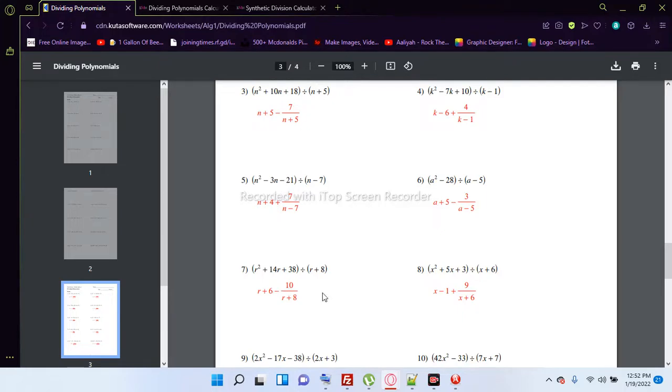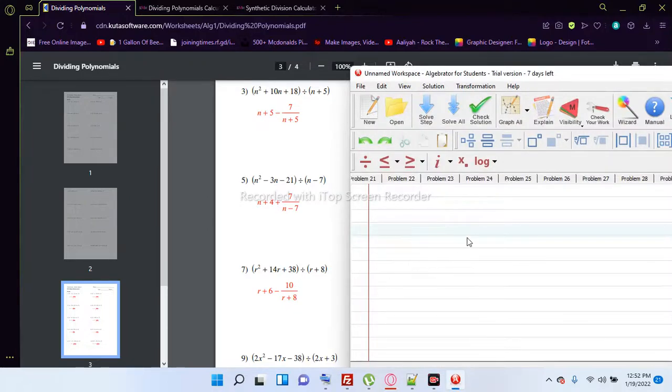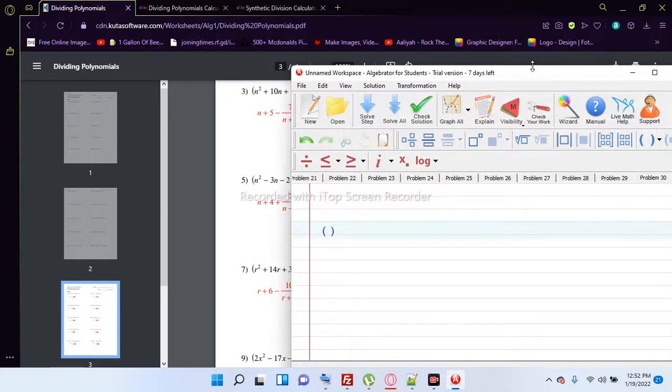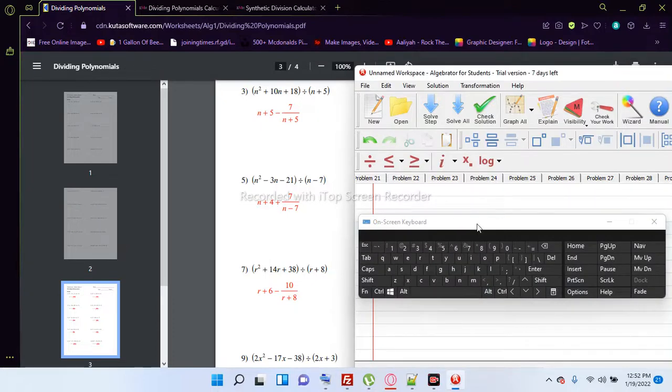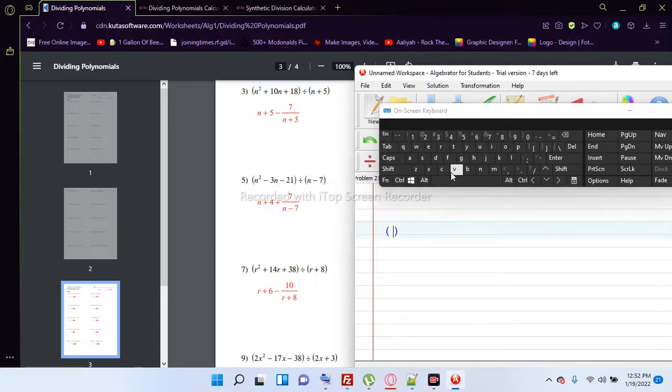Okay? Now, okay, we go back into our page. And we're going to do the n squared minus 3n minus 21 divided by n minus 7. Okay, and we should get that answer. Now, we write parentheses. As you see, you need parentheses. So you're going over. Put the parentheses, okay? And we begin punching in what we have to punch in. N squared, so we do n here is 16 squared, right? Gotta put in the front, don't be scared, minus 3n